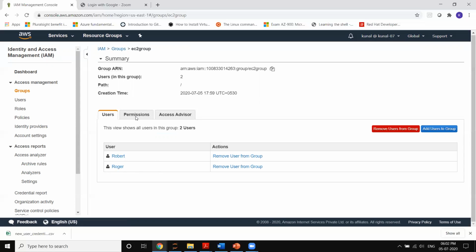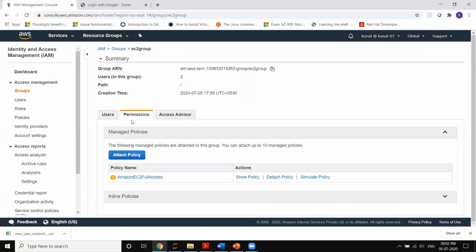Then you can see the permissions. When I click on permissions, we can see that the policy attached to this group is Amazon EC2 full access. All the users in this group also have the permission of EC2 full access.